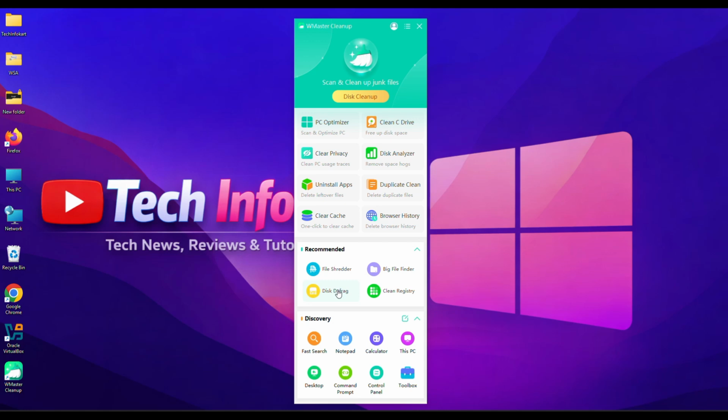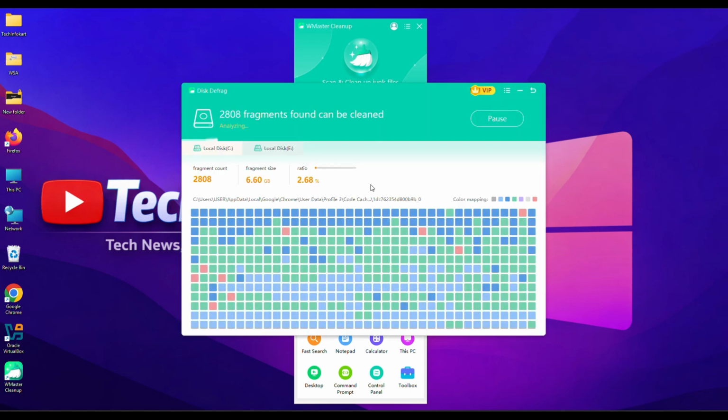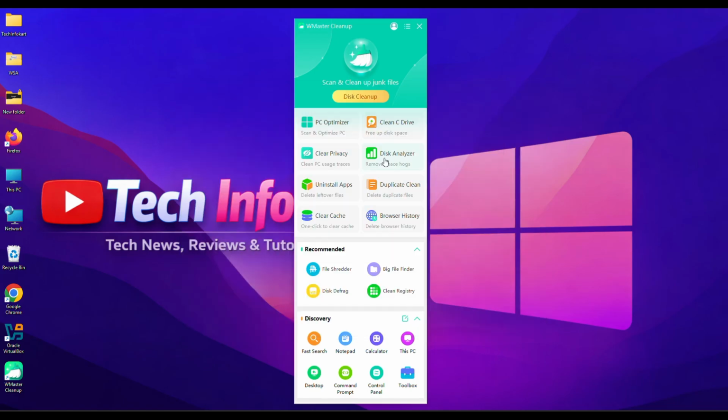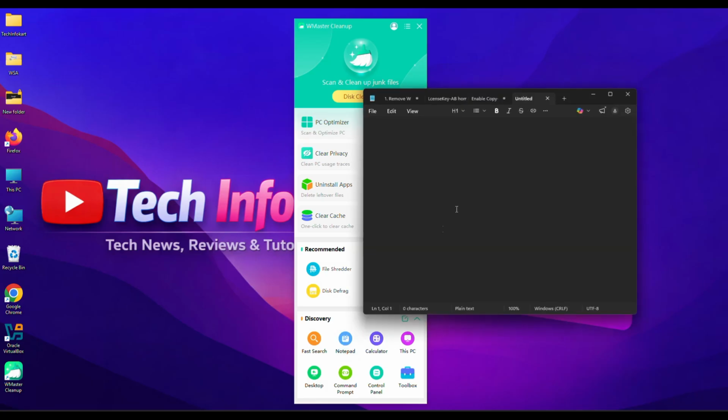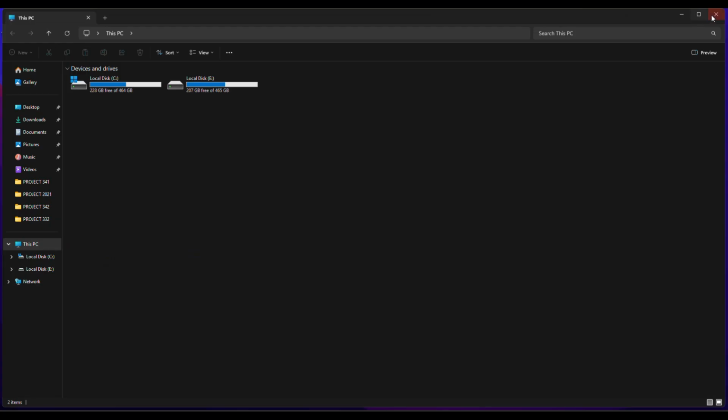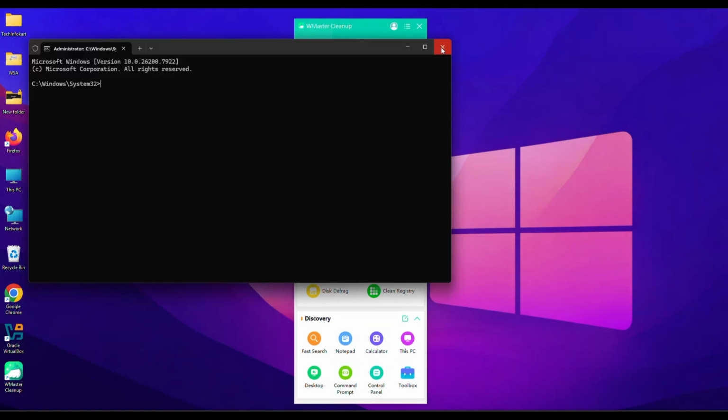There is also a disk defrag option which helps optimize the hard drive and improve system performance, especially if you are using a traditional hard disk. Another convenient thing I noticed is that the software also provides quick access to some common Windows tools. Like from here, you can directly open Notepad, Calculator, this PC, Command Prompt, and Control Panel without navigating through multiple